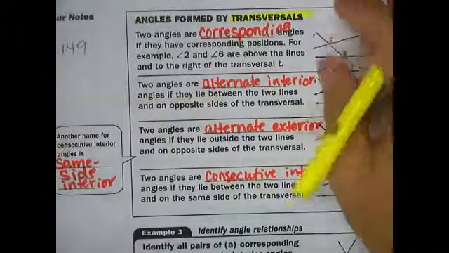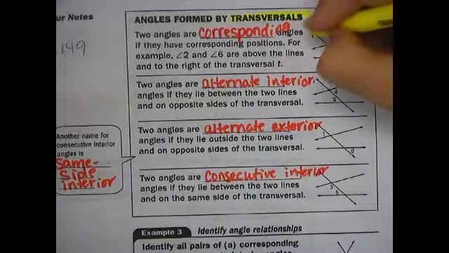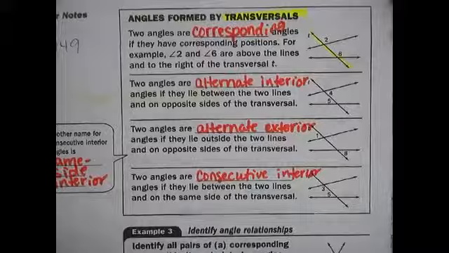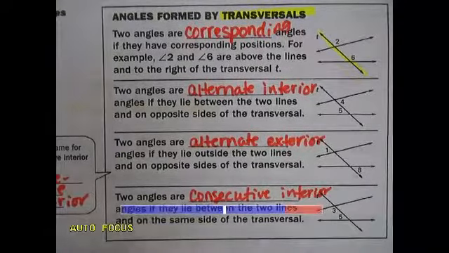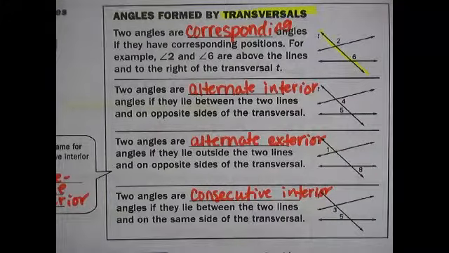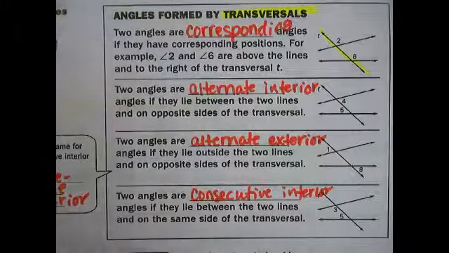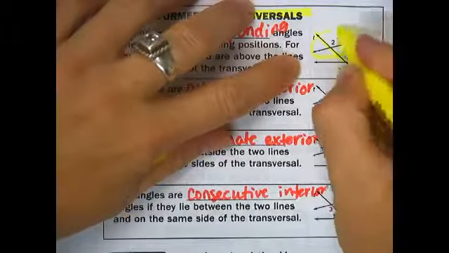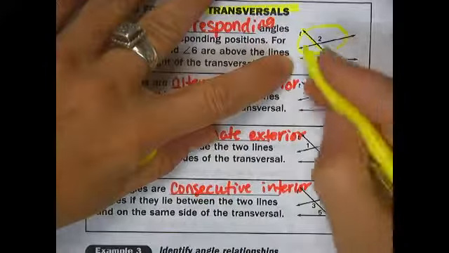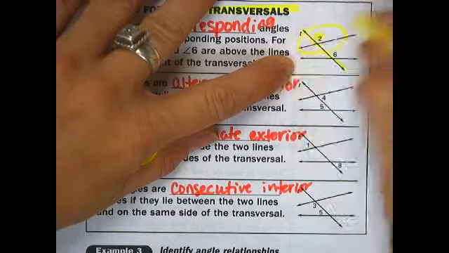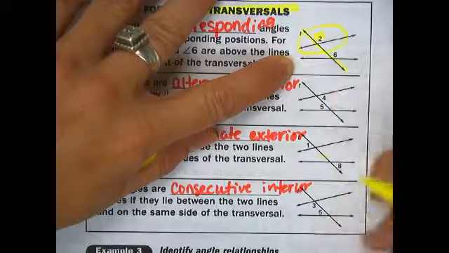These notations for angles all need to be memorized. So, angles formed by a transversal. And to be reminded of a transversal, it's when a line comes in and intersects two other lines. So this highlighted line right here with the lowercase t, that's considered your transversal. Two angles are called corresponding angles if they have corresponding positions. So the way I like to talk about that is